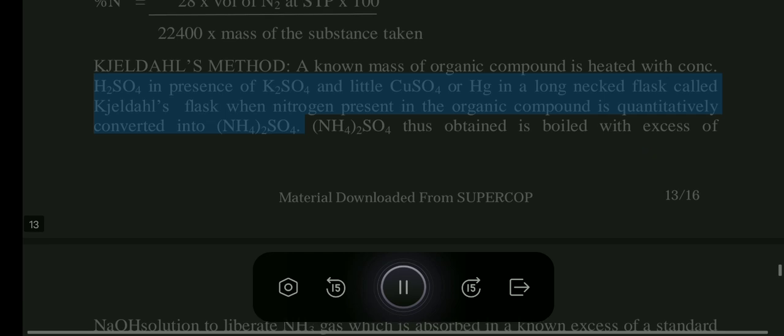Kjeldahl's method: A known mass of organic compound is heated with conc. H2SO4 in presence of K2SO4 and a little CuSO4 or Hg in a long-necked flask called Kjeldahl's flask, when nitrogen present in the organic compound is quantitatively converted into (NH4)2SO4. The (NH4)2SO4 thus obtained is boiled with excess of